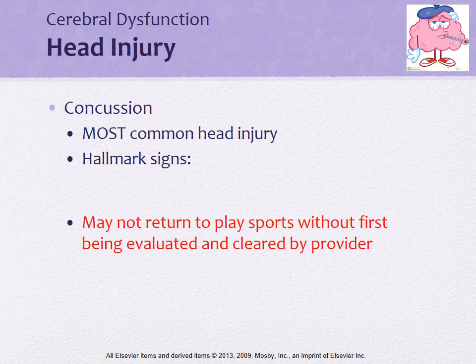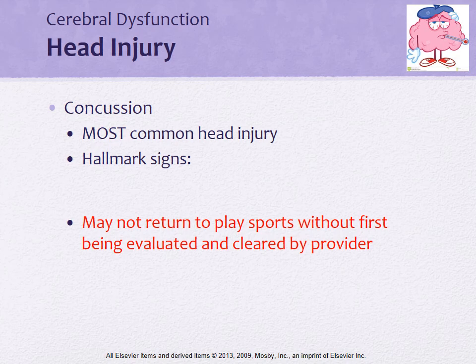So next we have concussions, and it is the most common head injury overall. They're really unsure of the pathogenesis, of how the concussion affects the brain when it takes place, but they do think it may be a result of shearing forces that cause stretching, compression, and tearing of the nerve fibers in the brain, particularly in the area of the central brainstem. But the hallmark signs that you need to know for a concussion are confusion and amnesia, so they're not able to remember things.